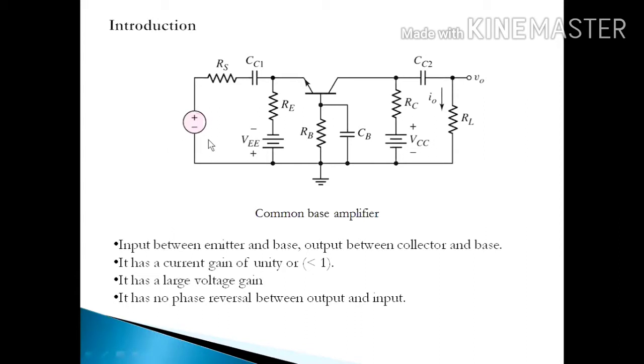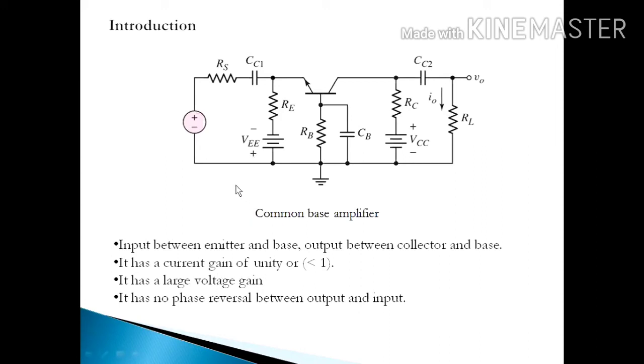Normally, when we connect the input signal, we apply it through the coupling capacitor. Through that coupling capacitor, we can isolate the DC signals and AC signal. Here, we are using some fixed resistor for providing the required biasing of this amplifier. And the CB amplifier has a unique characteristic, that is, the current gain of the CB amplifier is unity.